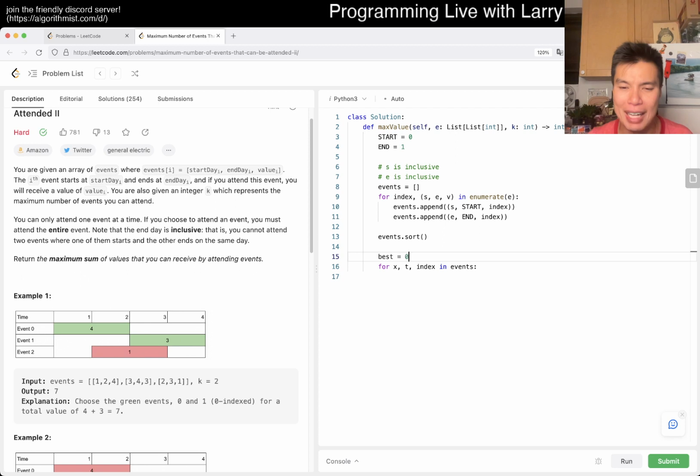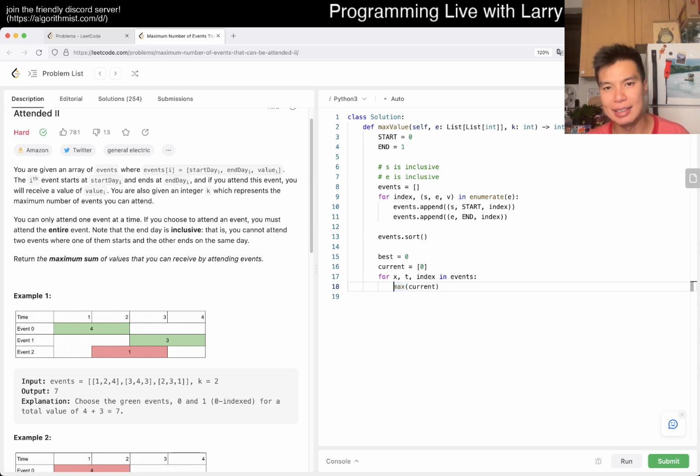So now we have best, which we will return, and then like current something, right? As you go to a set maybe, or a bag, or I don't know. Let's just do an array, and then here. Yeah, so now given the start event, we go, okay, so what is the current best? Well, current best is equal to the max of current, right? So that means that at